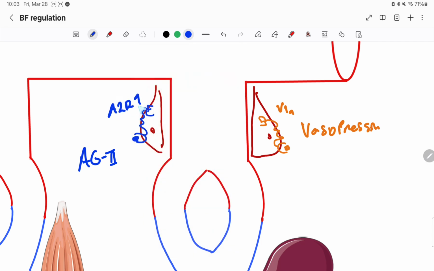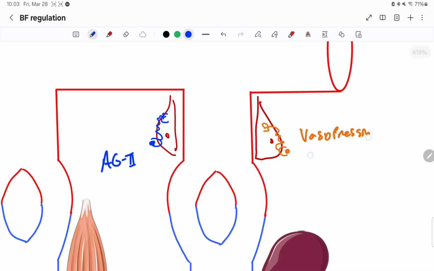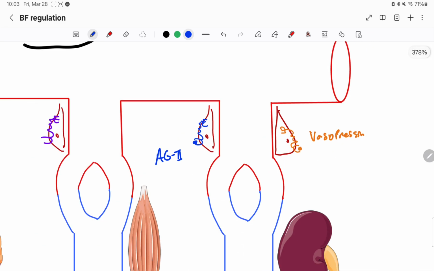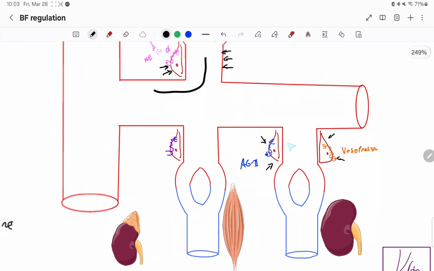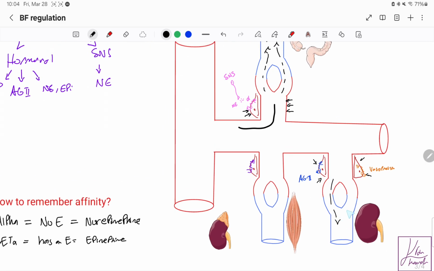Receptor type 1. But again, you don't have to know that, just out of curiosity. What will the vasopressin and the angiotensin II do when they bind to their respective receptors on smooth muscle cells? Well, they will do the exact same thing. They will cause vasoconstriction to occur, and that vasoconstriction will cause low blood flow to the organ that was previously getting a normal blood flow. Okay? And that's because we vasoconstricted the upstream arterioles and we redirected blood flow